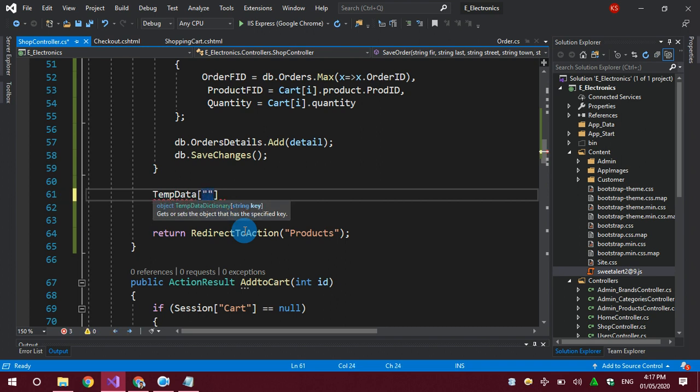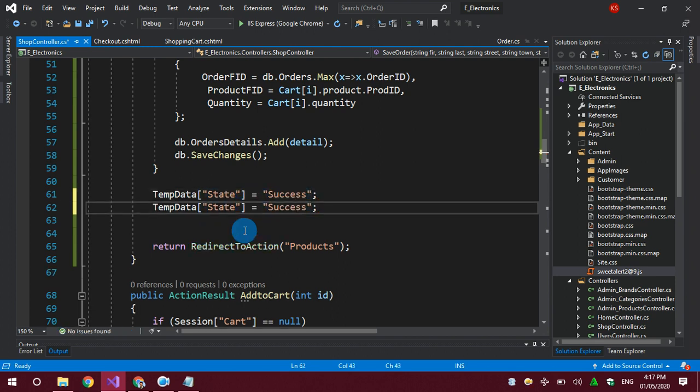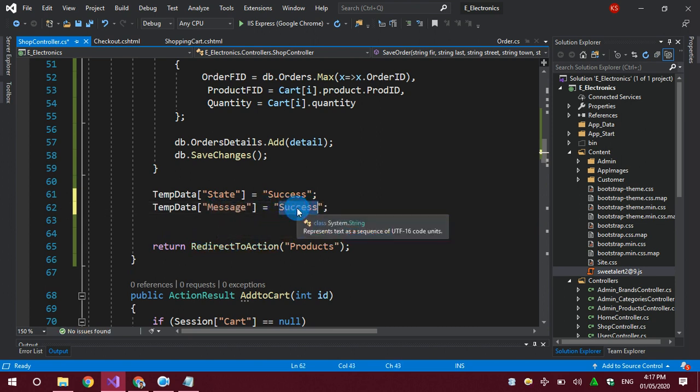So I'm going to add a success state. The state is equal to success, and also a message. Whatever we write here will be shown on this alert message.